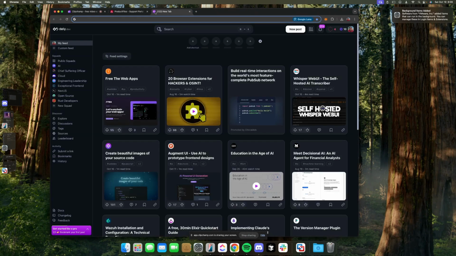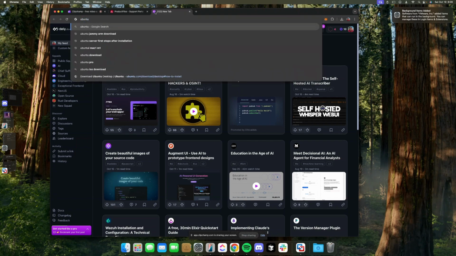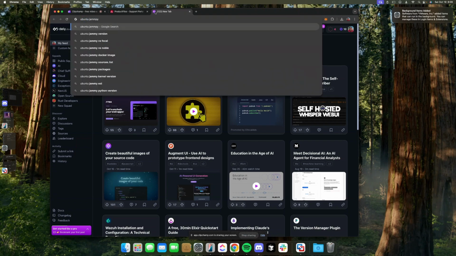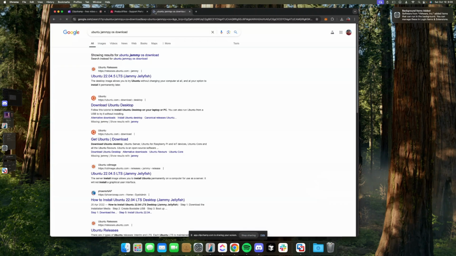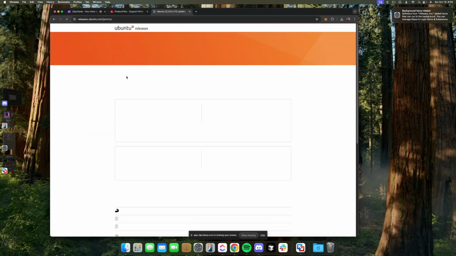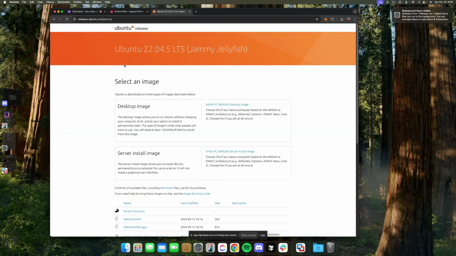Now I want to download the ISO for my Ubuntu image. So I'm going to go to Ubuntu Jammy, download. Awesome. This should take me to the official Ubuntu page, where I can download Jammy. Jammy is a recent release of